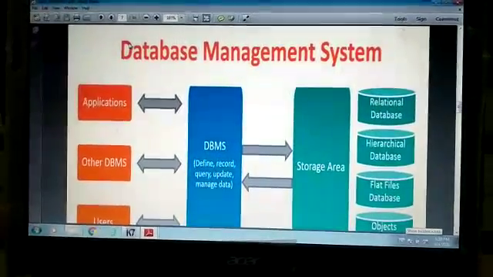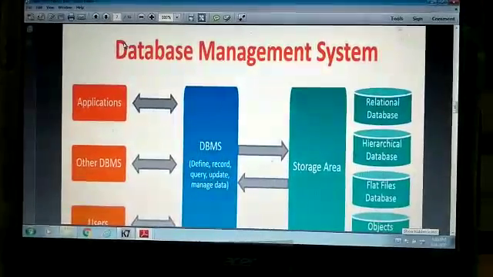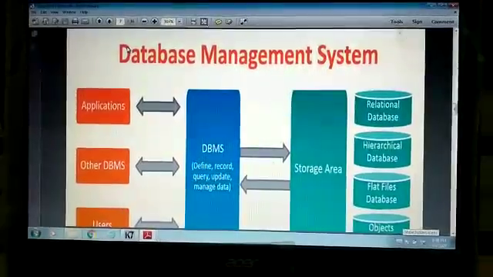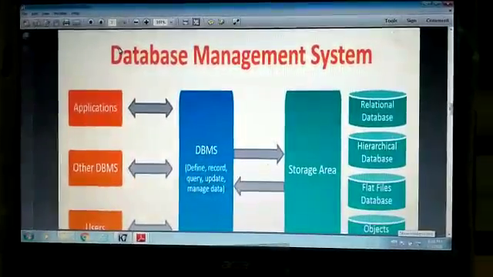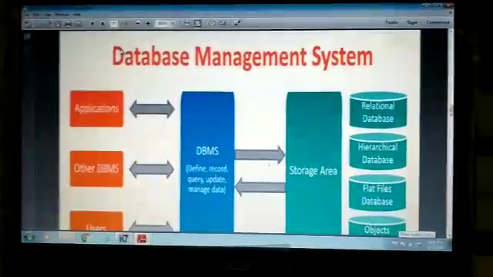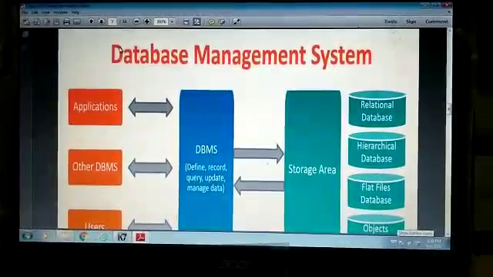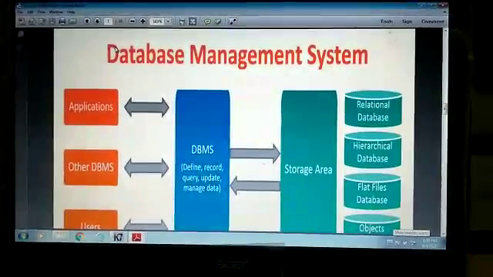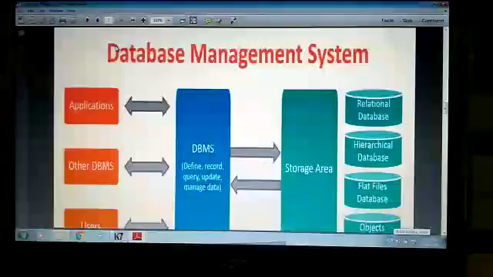We can easily create, add, find, update, sort, search, print and retrieve the information in the database. Clear, children? Examples: FoxPro, Oracle, like that.